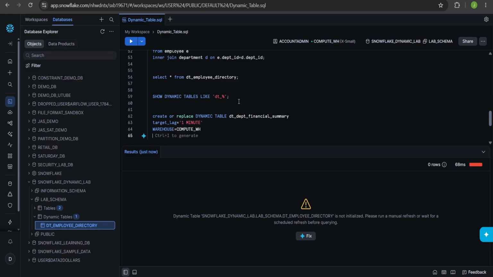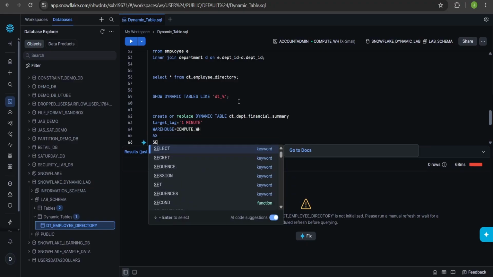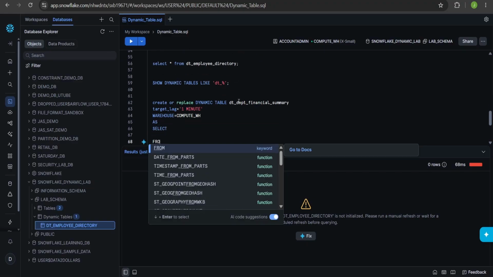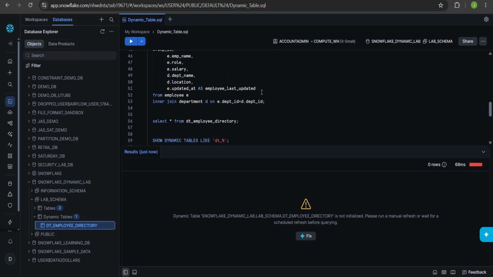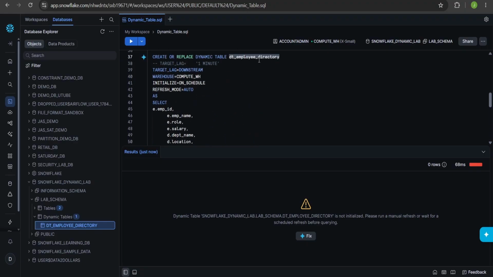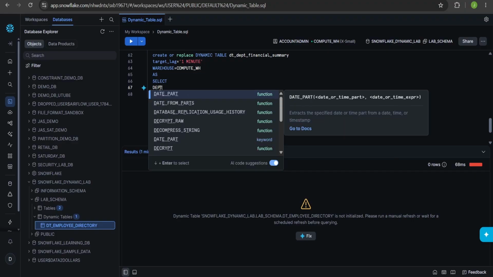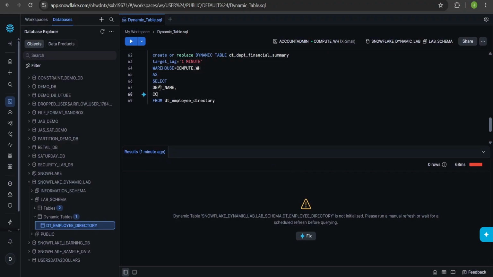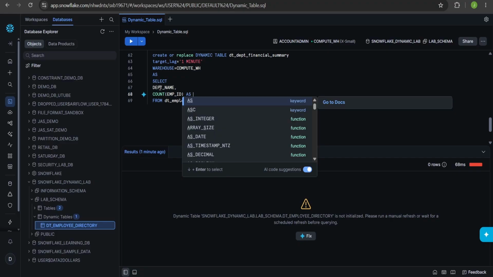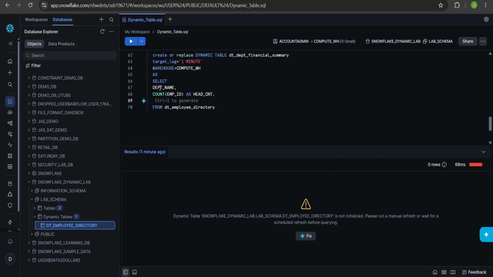Then now I will create some aggregations on top of my previously created dynamic table. So I need to copy paste the dynamic table name. I will copy this name. I will come here and paste it here. And then I will try to aggregate based on department name. Okay. So I will first pull the department name, and then I will say count of employee ID, and I will name this as head count, let's say. Then I will say sum of salary, anything. I'm just taking a normal example. Then I will say, let's say total payroll. Fine.